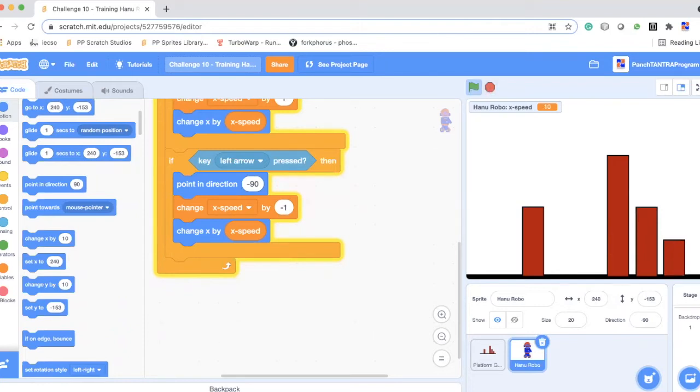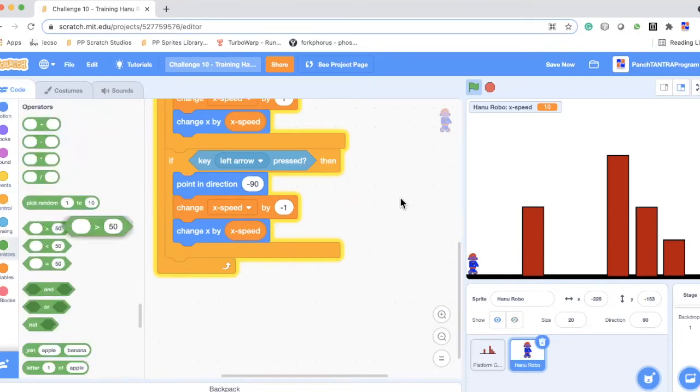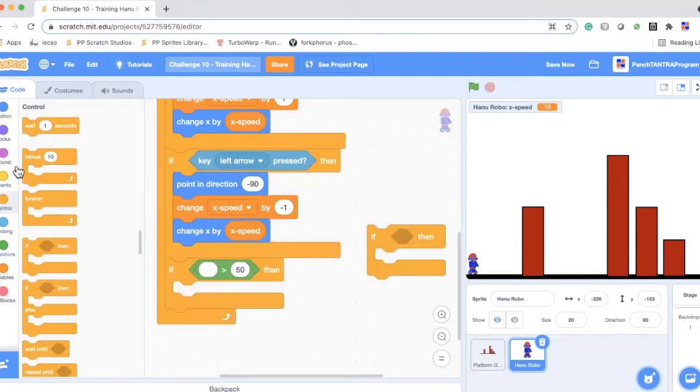So first let's make it wrap around. Here we're seeing if the X position is going more than this 240, we want it to start from here again. So now we will use an operator to check this. So if it is greater than, we need a lot of if conditions. I can just keep an if block here and keep duplicating that. What do we want to check?